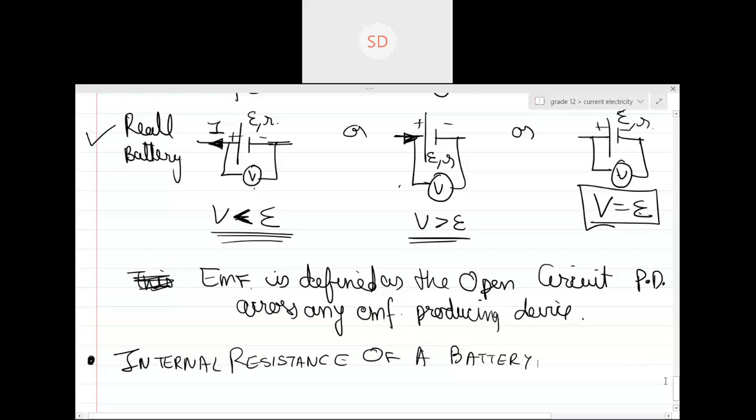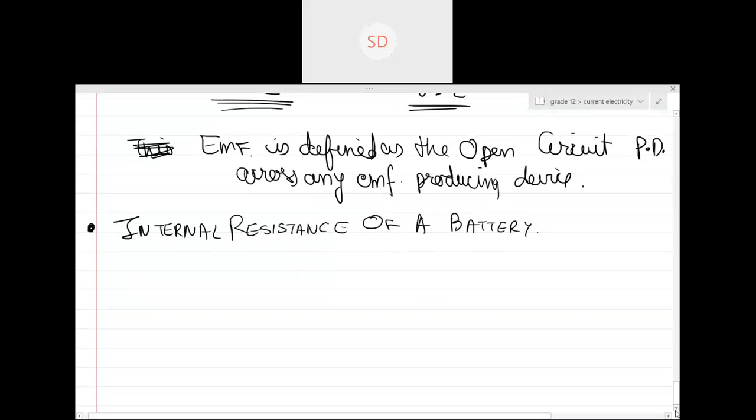Next heading, internal resistance of a battery. What is the internal resistance of a battery? Suppose I have a battery,